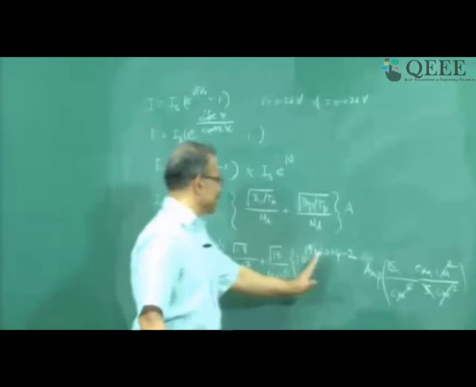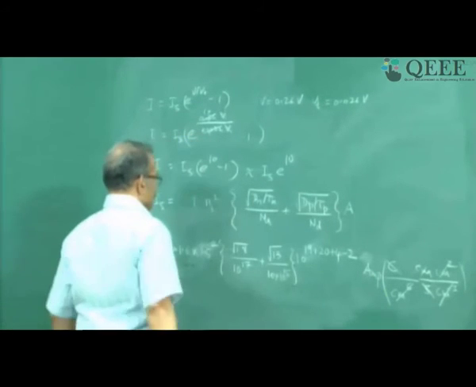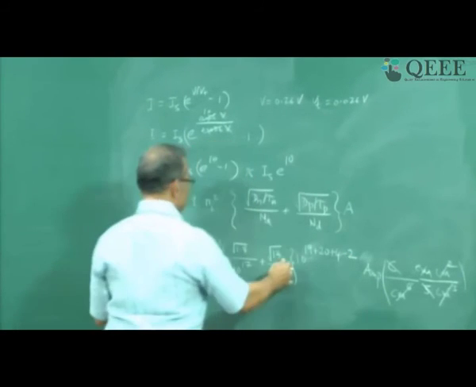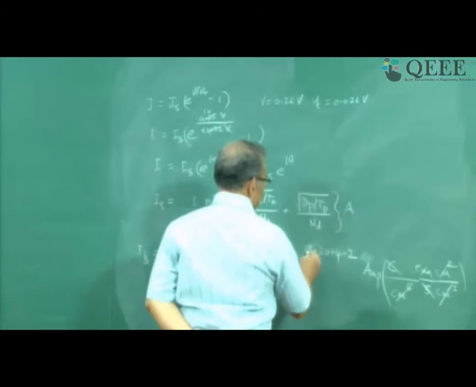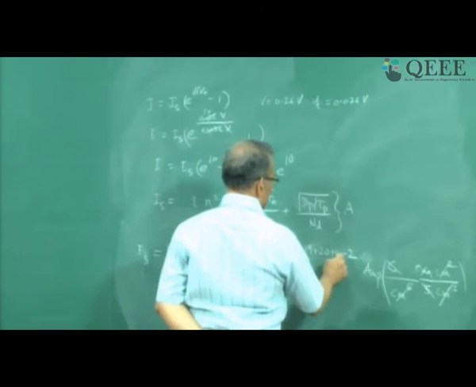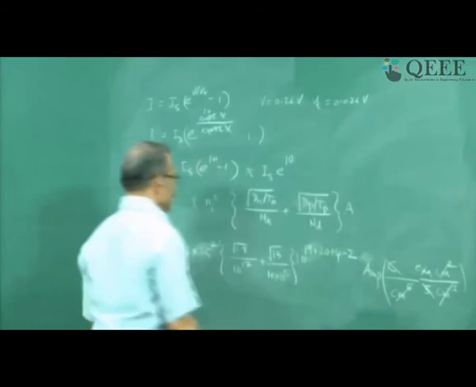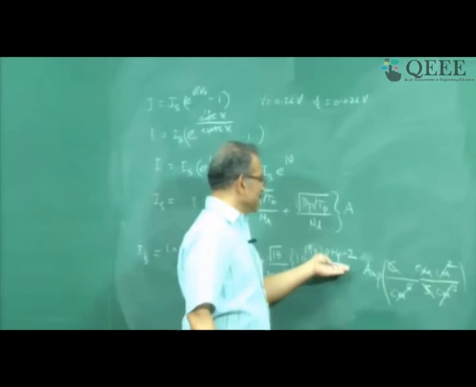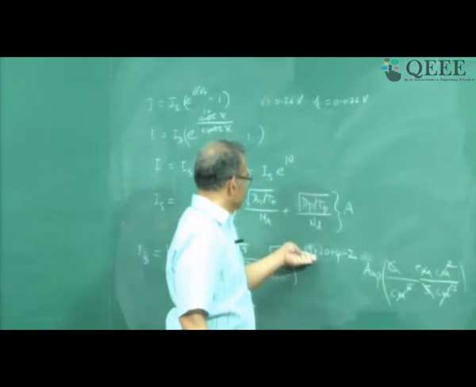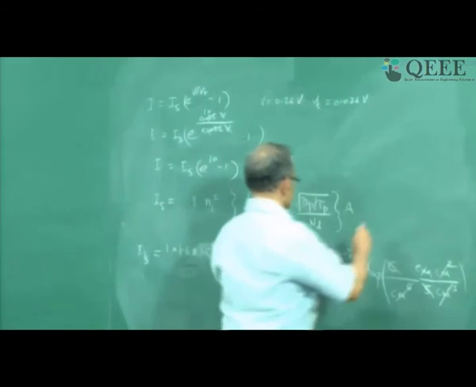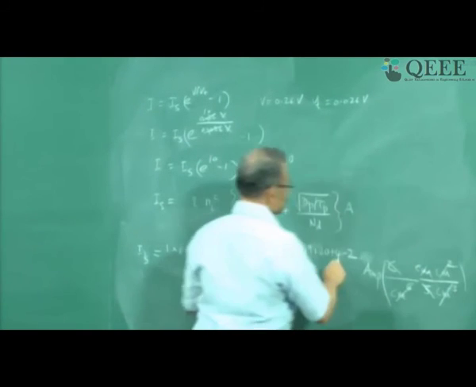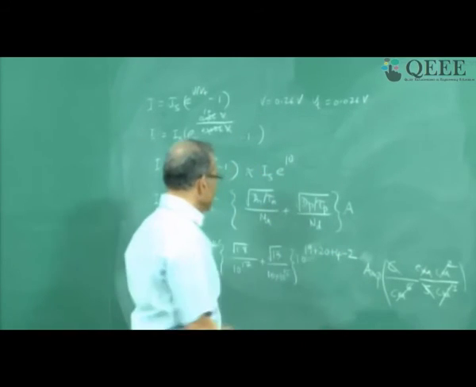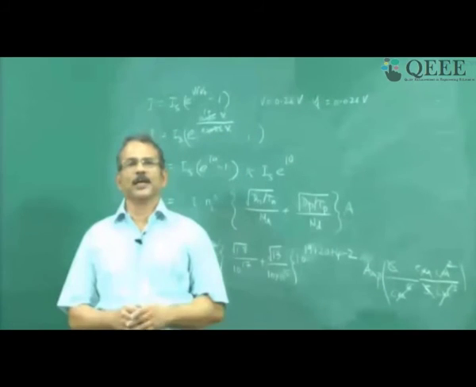Now let us calculate this order. Now if I take this, I will get the order of the current, okay. Then I can multiply it by this coefficient. What is the order? 19 plus 20 plus 4 minus 2. Now I have done a mistake here, you can see, because when I add this, you know what I will get? 19 plus 20 is 39 plus 4. 39 plus 4 is 43 minus 2 is 41. I am going to get 10 power 41 amperes.